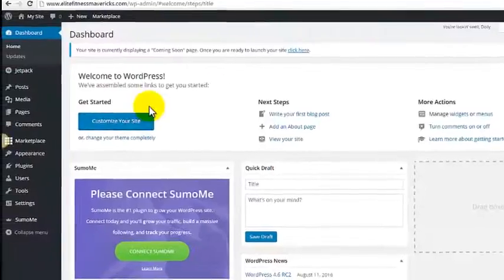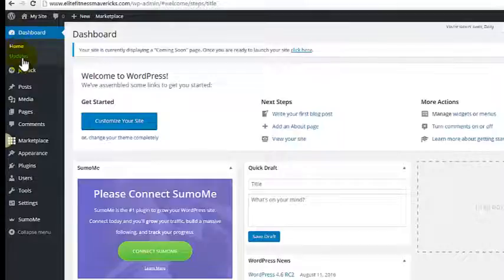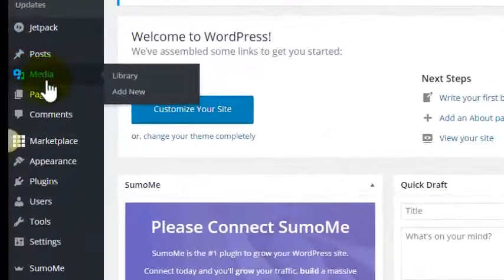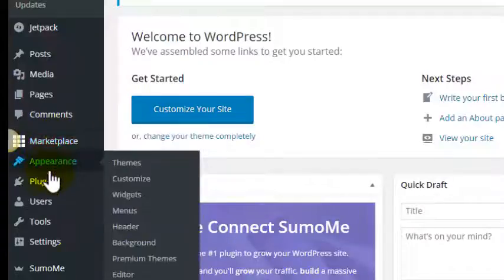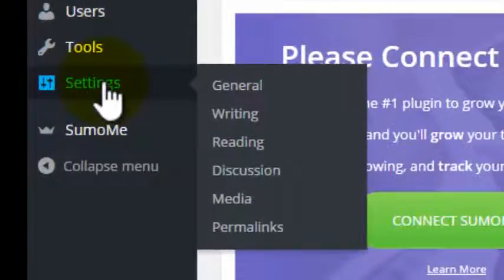So if you go on into your dashboard, go down to the left hand side, and again, this stuff may seem complicated in the beginning, but it's really not. It takes some time to figure out where everything is, but it's pretty user friendly and pretty straightforward. So don't overcomplicate it, and also give yourself some time to get familiar with it and to learn it. So if you go to settings, go to general,